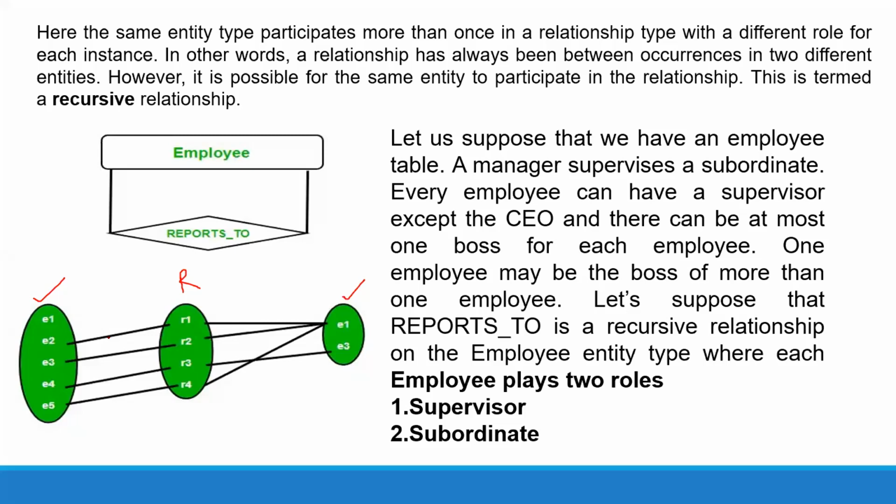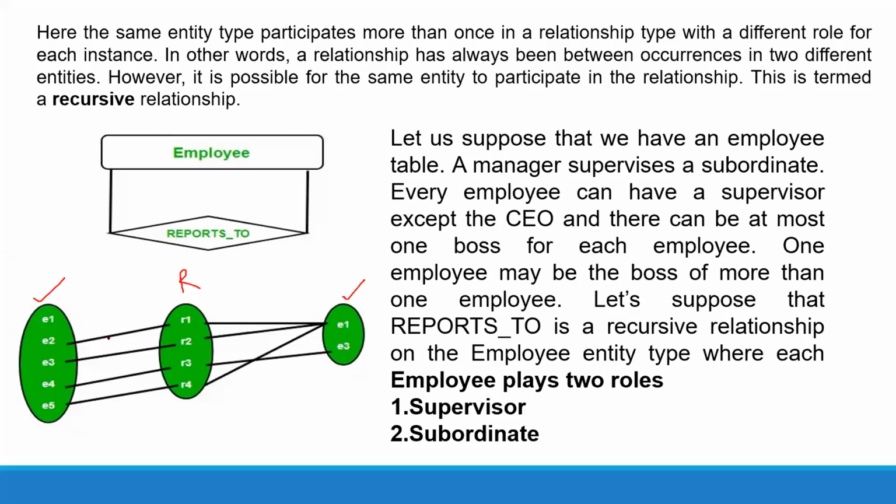So an employee is a supervisor. A supervised person is also called an employee. Other than the CEO and the management of the college, the remaining are all employees. Suppose we have an employee relation or employee table, with manager or supervisor. A subordinate is also an employee. So here an employee is relating with another employee, that means supervising another employee. Sometimes he may be supervised or may not be supervised.